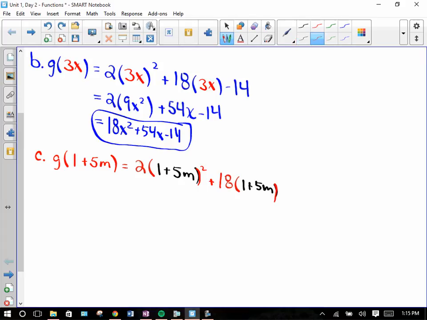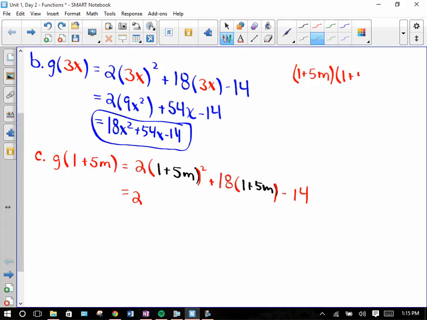Alright, and then minus 14. So this one's going to have a lot of simplification that you have to do. Way to distribute stuff. So what you actually end up getting is 2 times (1 plus 5n) squared. I do that off to the side, so I have 1 plus 5n